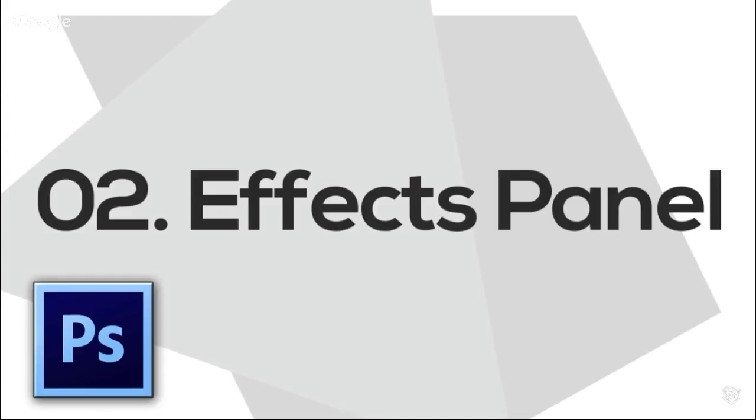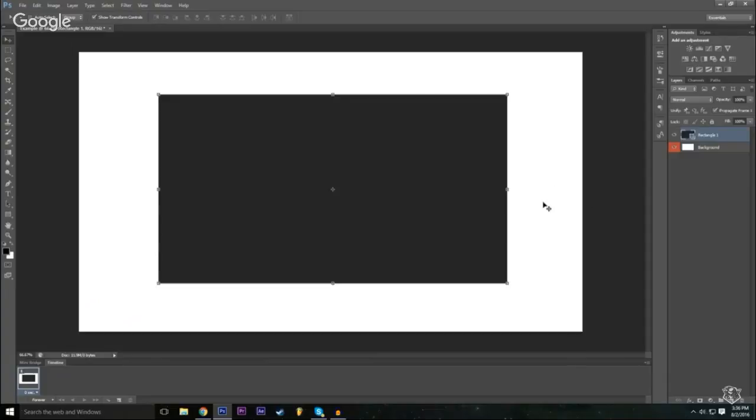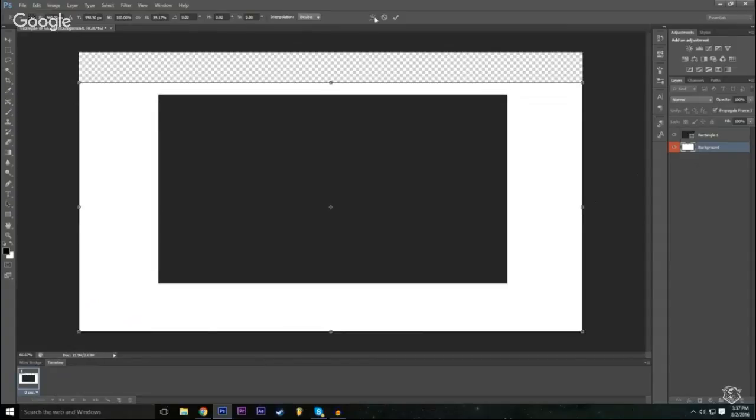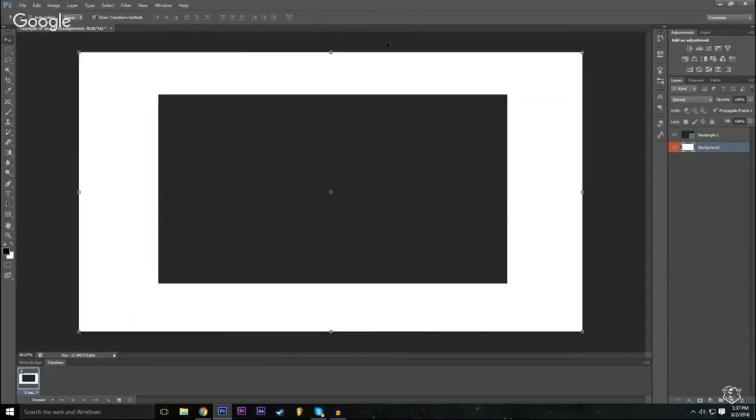Alright, so now that's basically the very basics of the interface, and now we're actually gonna add some effects to this box, like a drop shadow, maybe an outer glow or something like that. And this is actually very simple to do. Make sure you're selected on the certain layer. If you're selected on this, it shows these little square icons where you can make the changes, and all the stuff that we learned. So I'm just going to revert back to how it was, but make sure you're selected on the rectangle on top. And this is all very important to actually know,